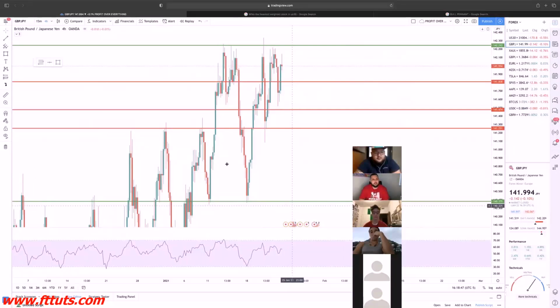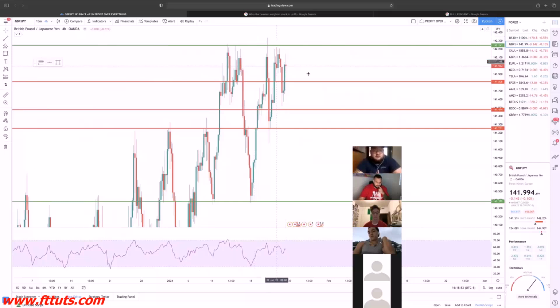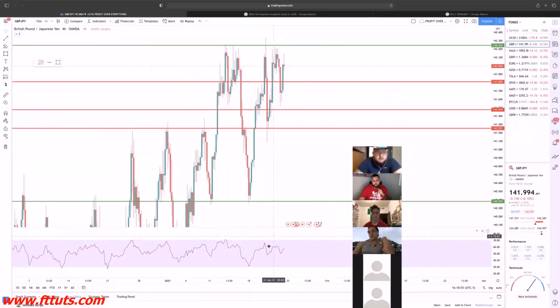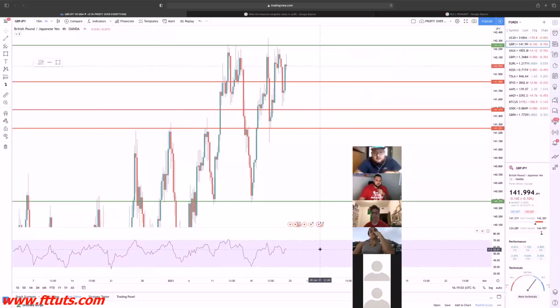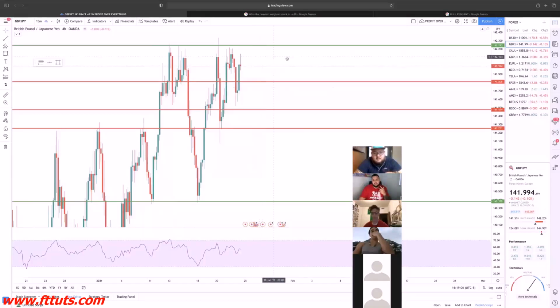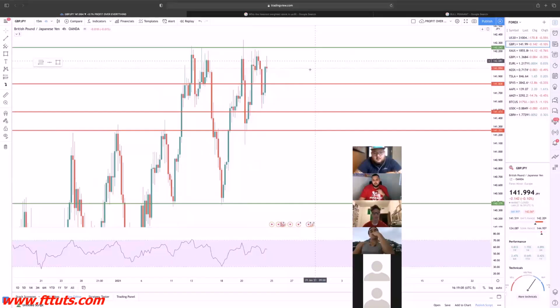Another thing I want to tell you guys: you follow a lot of patterns when it comes to trading. Did you know the RSI patterns count too? If you see a double top on the RSI, it also counts. If you see a double bottom, it counts. A lot of people don't pay attention to the RSI, and they don't realize that, for example, here we have in this